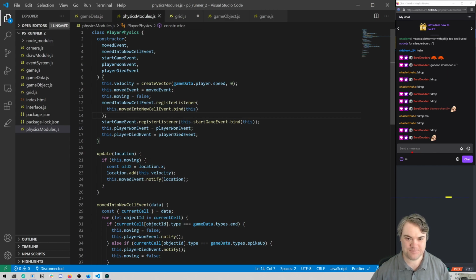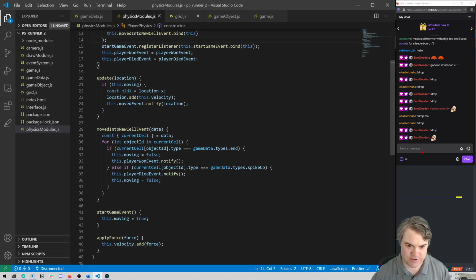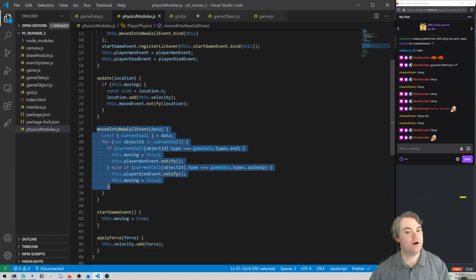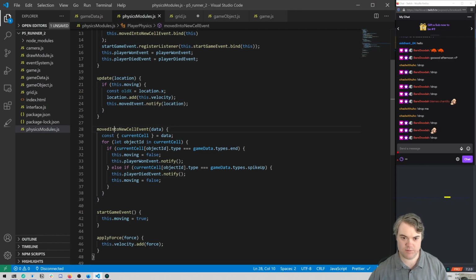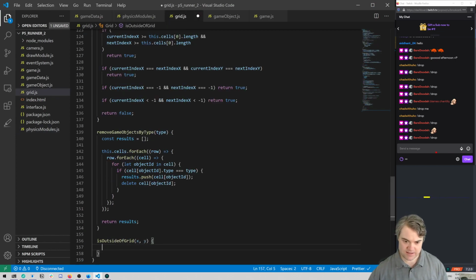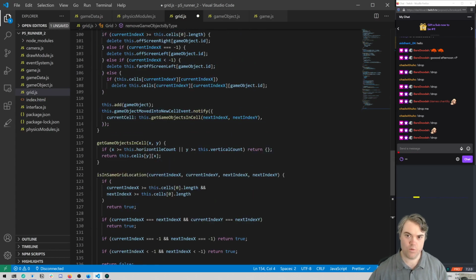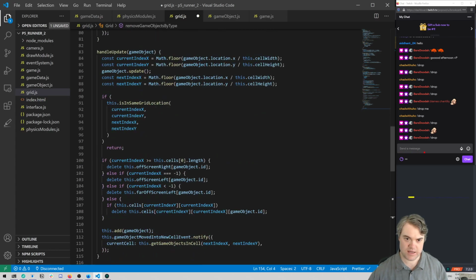Okay, so stop velocity. Where am I dealing with the grid? Okay, so when I moved into new cell, right? Okay, so I moved into new cell event. Where is that one being called? Because the grid is dealing with that. Okay. Hold on. When we move a cell,